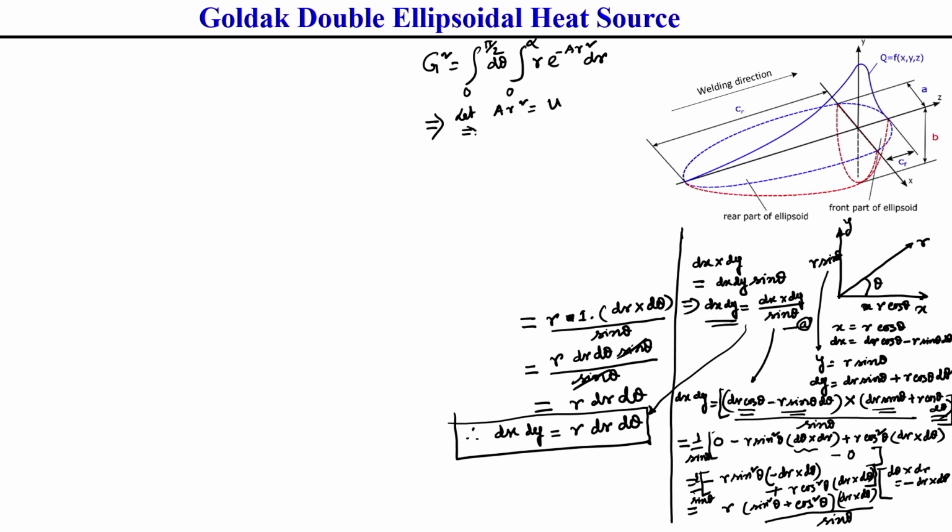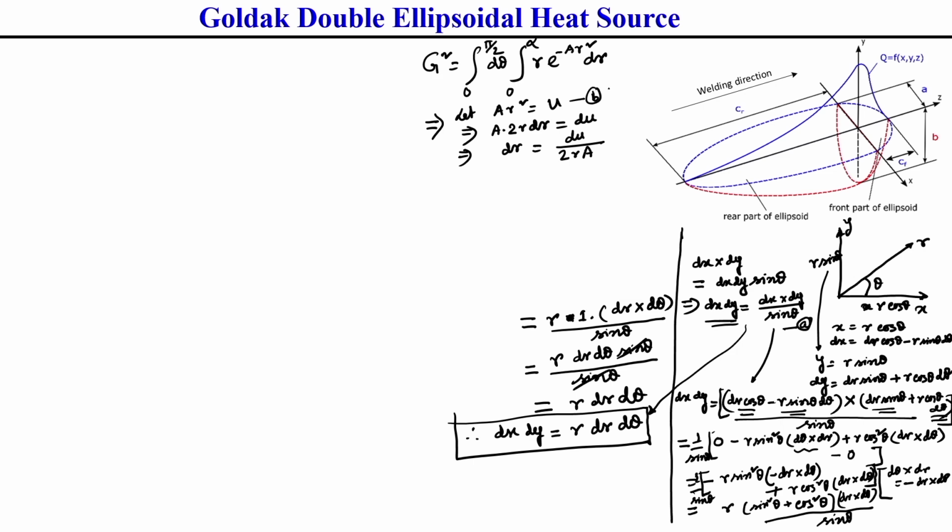So, what can we get here? a into 2 r dr is equal to du. So, dr you can write as du divided by 2 r a. It is very clear to you. Now, let this be another equation, let this be equation b.